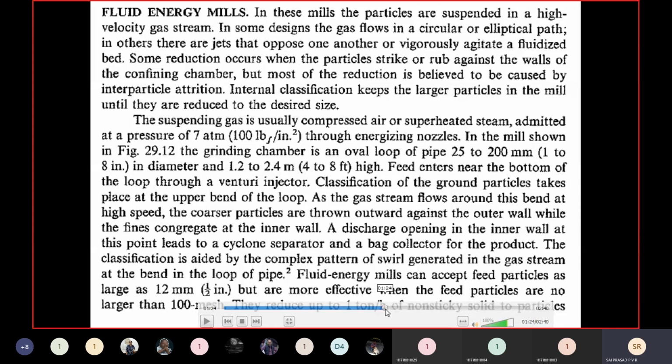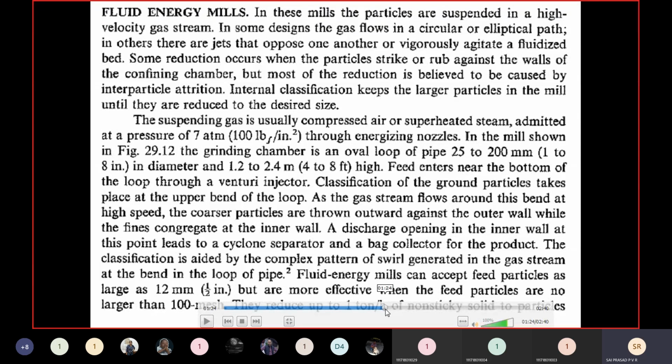So first step is what? You try to send the air or steam at high pressures. Then after a certain amount of time, you open the feed valve, and through the injector the feed will be coming into the fluidized energy mill with high velocities, because you are diverting a part of the air or steam to the feed pipeline, so that some momentum transfer takes place inside the pipe, and then the particles attain high velocity, and from there they move into the system.